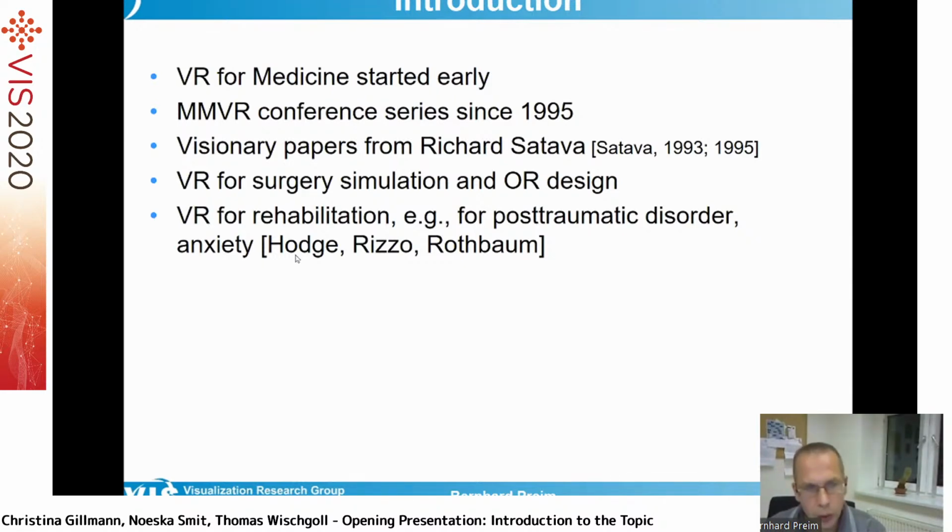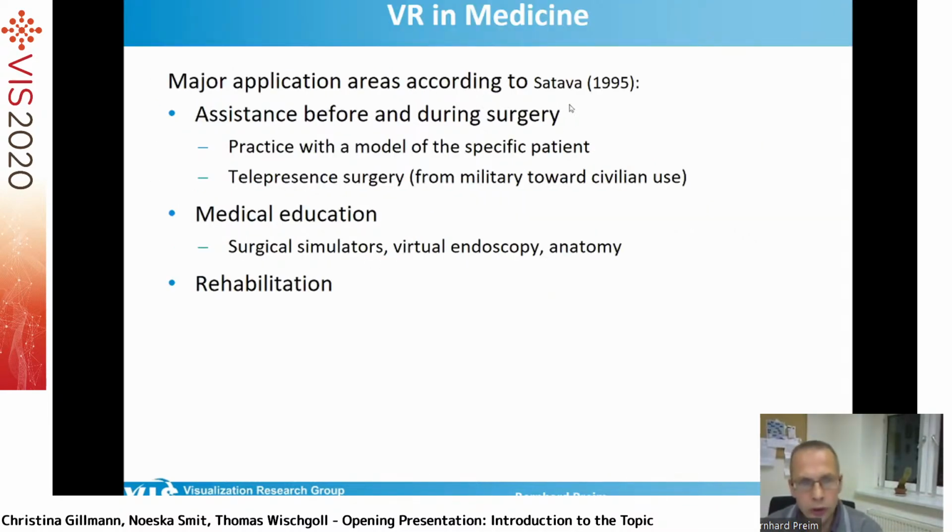What works quite well already is VR for rehabilitation, and that started also in the mid-1990s with work from Larry Hodges, Skip Rizzo, and Rothbaum. To look just briefly at one of these visionary papers from Satava, here are the major applications that he envisioned. Telepresence surgery, so here he thought about military applications, of course. There is a soldier in a battlefield that needs to be operated on remotely, and how this could be supported